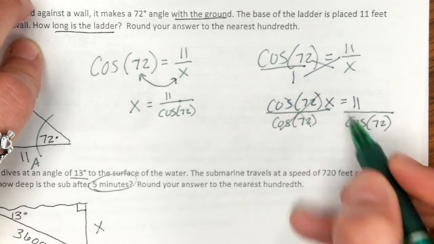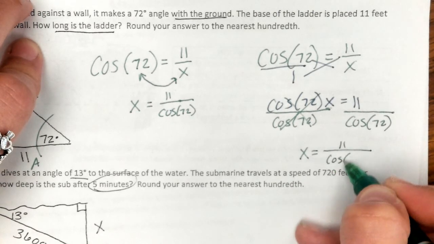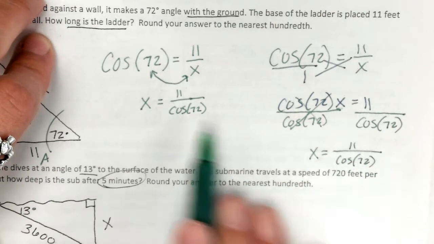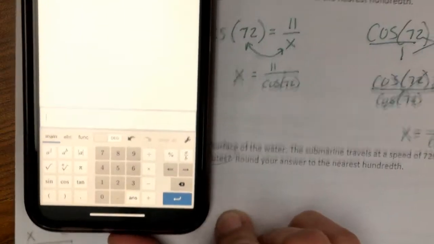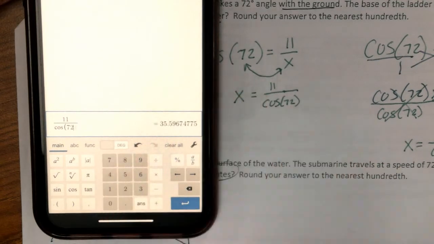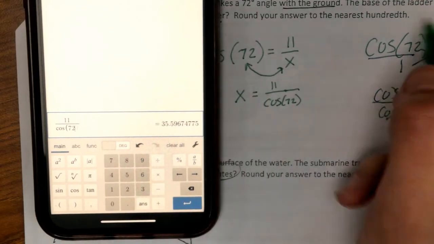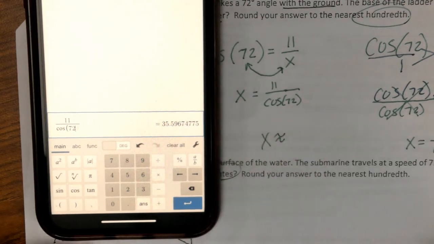So we're left with x is equal to 11 over cosine of 72. So you see we get the same thing. We're just switching, and then we divide. So we go to our calculator. All we're going to do is 11 divided by cosine, no inverse, of 72. We want the nearest hundredth. So x will be approximately, this is the fun one,